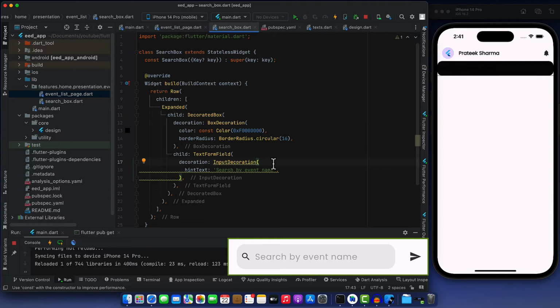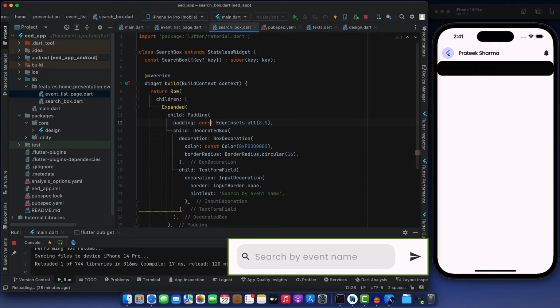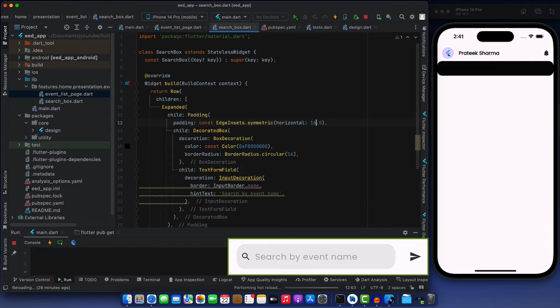For that, to remove that line, inside InputDecoration we will be giving a border to it, which will be InputBorder.none, right? So once we reload it, the line is gone, and we need some spacing as well from left and even from the right hand side. So what we'll do is we'll wrap this decorated box in a Padding, and we will give symmetrical, horizontal, and 16. So now we have a sufficient amount of padding here, and what we can do next,